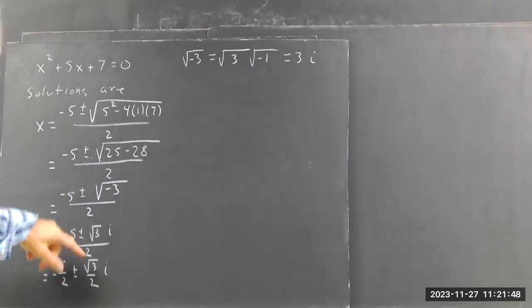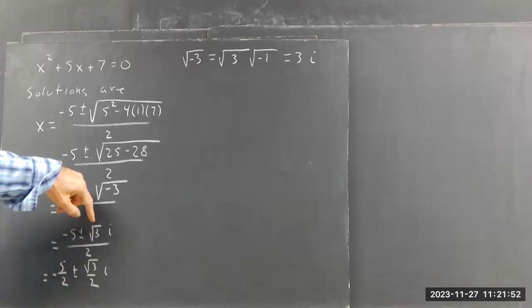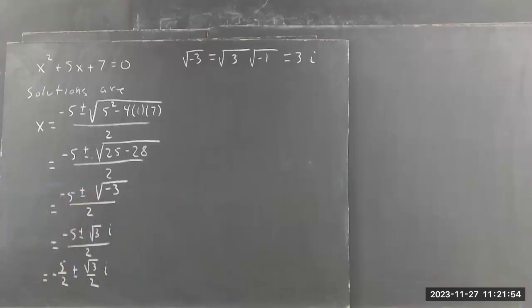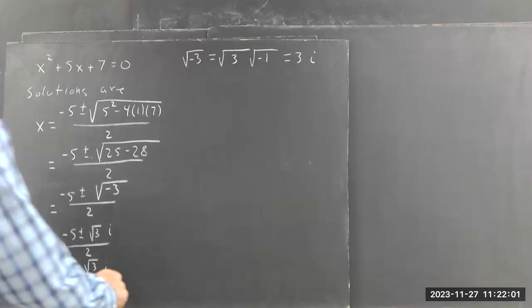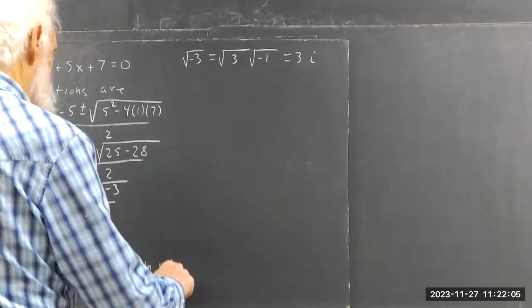And we can distribute the division. The -5 is divided by 2, so is the square root of 3i divided by 2. So we get this as a sum of 2 terms. And our solution set is then